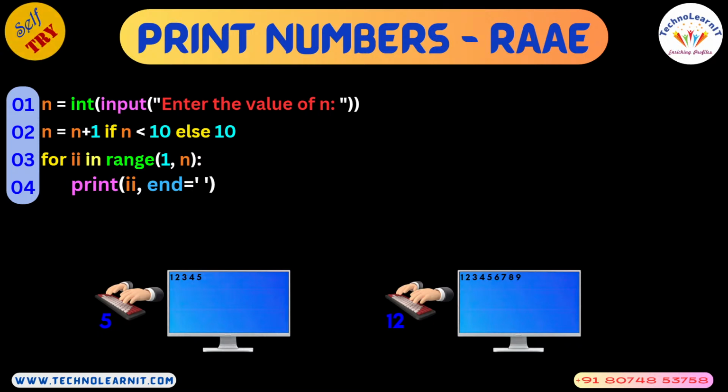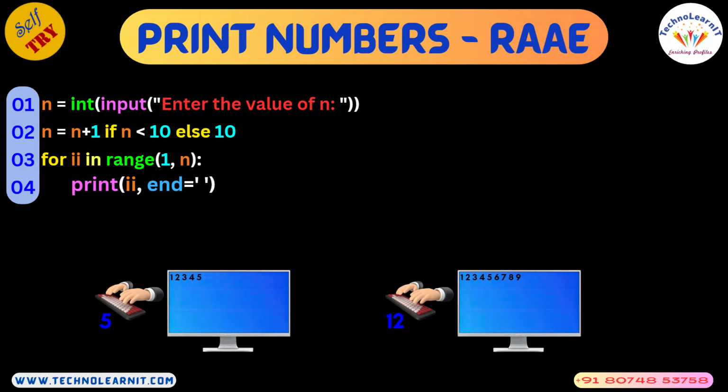The output is 1, 2, 3, 4, 5, as you see here. What if the input is 12? If the input is 12, the condition on line number 2, 12 less than 10, becomes false. So what is there in else? 10 is there. So 10 is what is assigned to n. Now n becomes 10